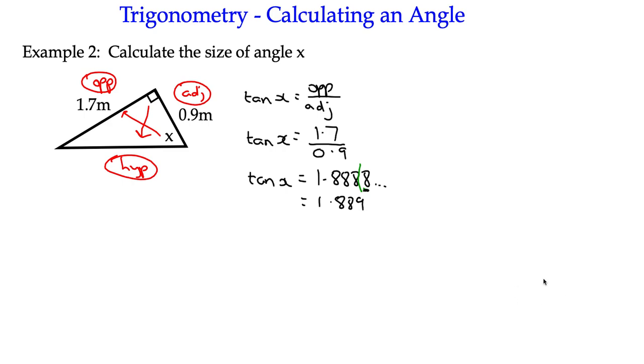Okay, so always round your ratio to 3 decimal places at least, if you're going to round it at all. So here we've got tan x is 1.889. So to get x itself, I need to do the inverse tan, and that's my tan^-1 of 1.889. So take my calculator, I'm going to press the shift button and the tan button, and that's going to give me the tan^-1 on my screen. I put in 1.889 equals, and I've got